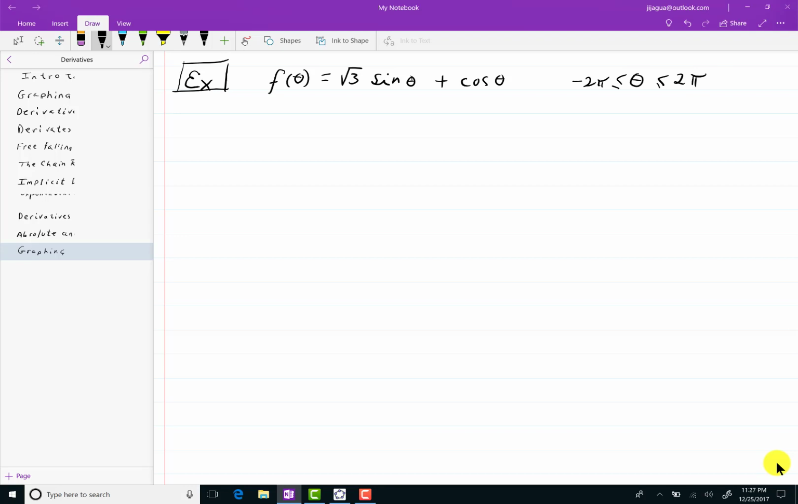Closed and bounded interval. Since sine and cosine are both not just continuous but differentiable everywhere, they're guaranteed to have absolute max and mins on this particular interval. So the first thing we want to find out are the zeros, or the x-intercepts. So for intercepts,